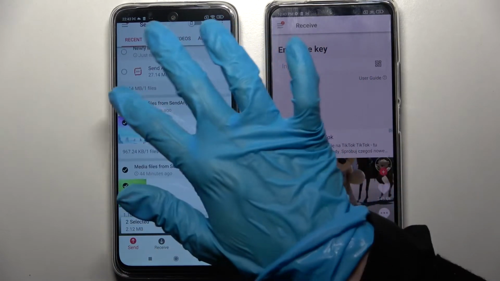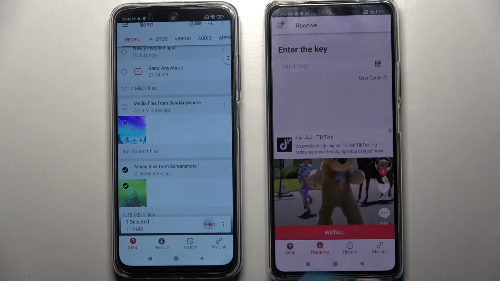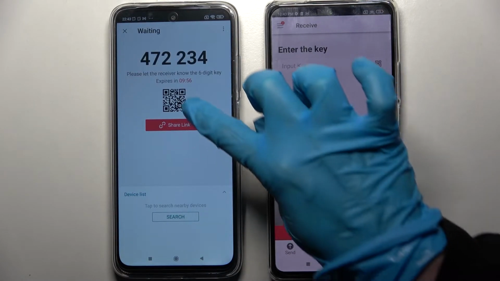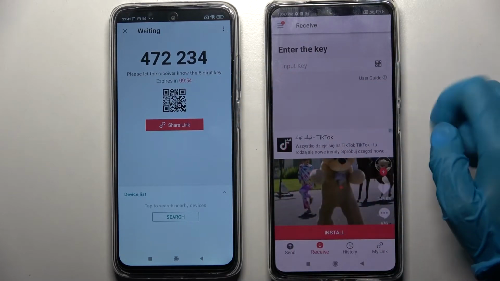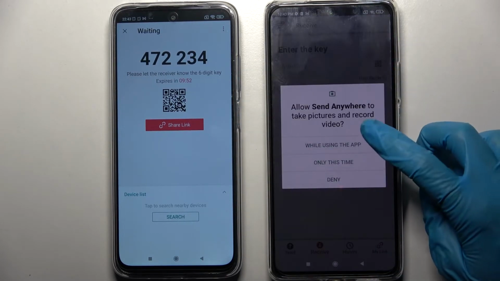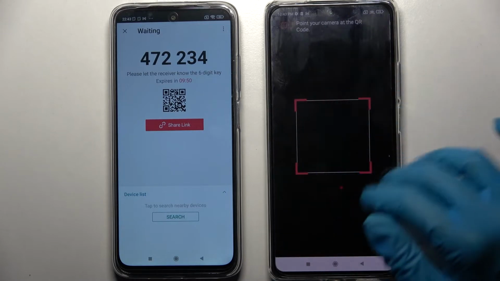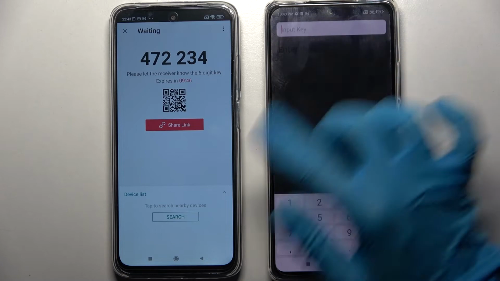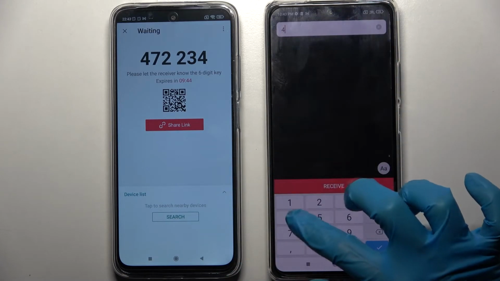It will take a long while though, so I will go with only one photo, choose Send and tap on Got It. From here we have two ways to connect. We can scan this QR code by tapping on the scanning icon on Xiaomi, choosing while using the app or only this time and pointing our camera at the code. But we can also just type in this key